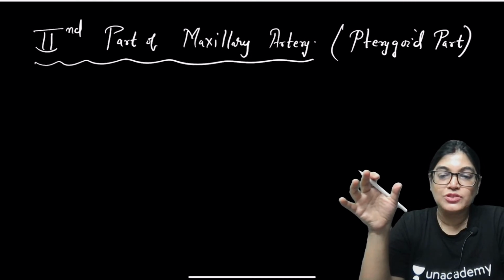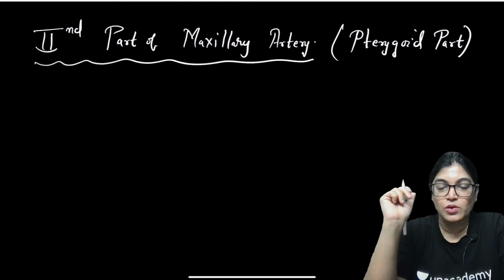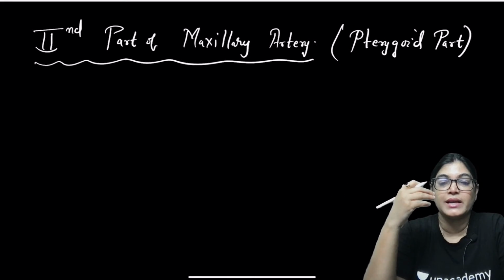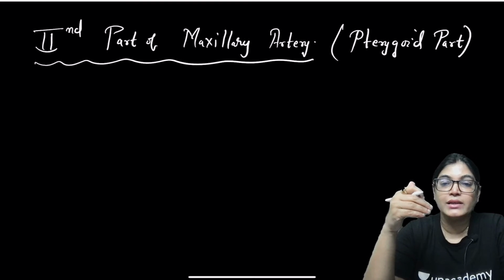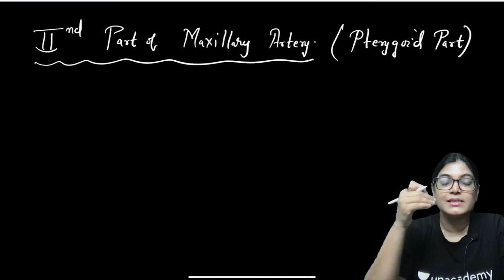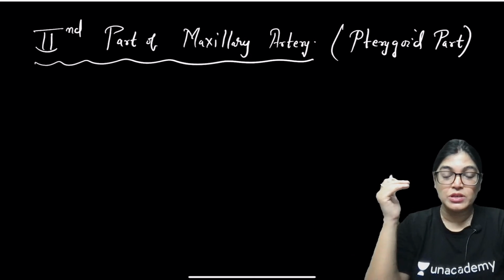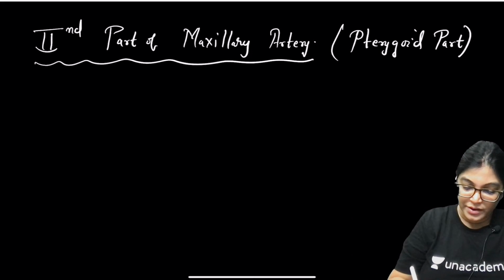In that relation, it is called the pterygoid part because it is exactly related with the lateral pterygoid muscle. It can traverse from the lower head of the lateral pterygoid muscle to the upper head. In that context, it can either be deep to the lateral pterygoid muscle or superficial to it. So write down,